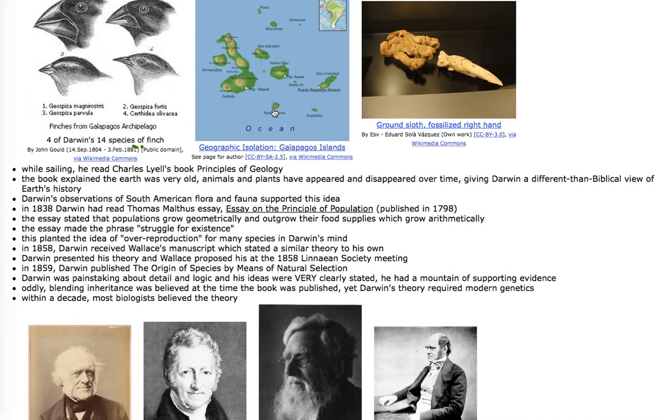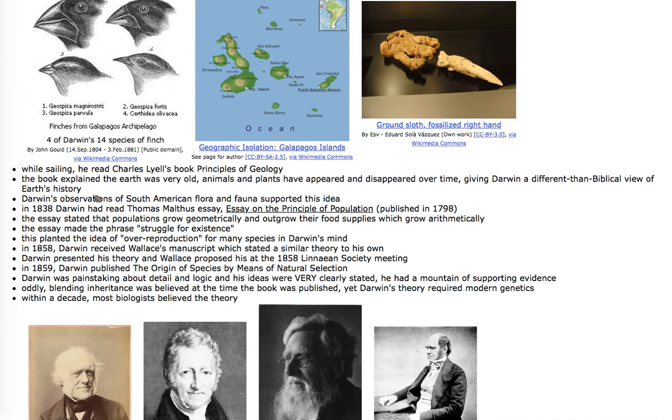All of the islands you see sticking out are actually the tops of volcanoes. Now, it turns out that while sailing, Darwin read a really important geology book called Principles of Geology, written by Charles Lyell. The book explained that the Earth was very old, and animals and plants have appeared and disappeared over time, and that as he contemplated the geology of the book, it occurred to him that that would have given species enough time to change from one another had the species evolved on their own